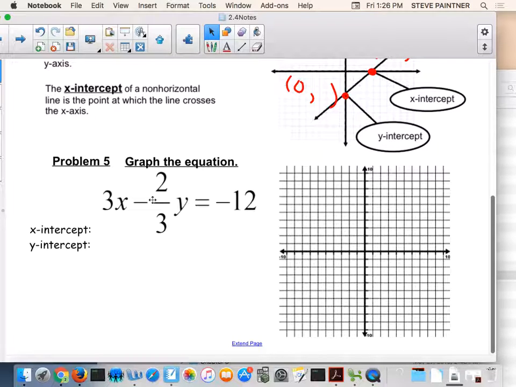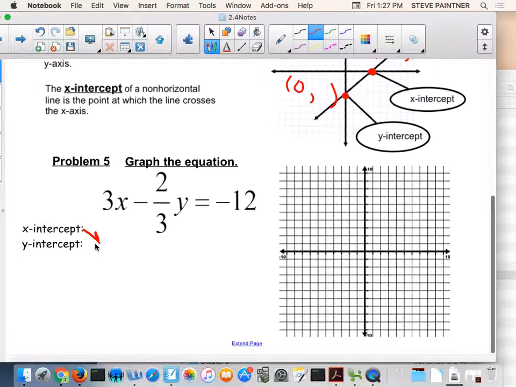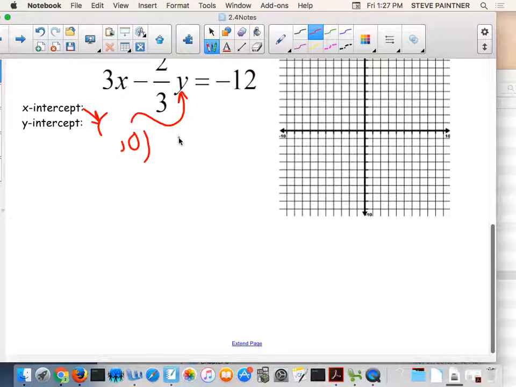But it says here x, y-intercept. So why don't we try that? So how do you get the x-intercept? You find x, but the x-intercept will always have 0 for y. Plug that 0 in for y, solve it for x, and you got the x-intercept. That's all you have to do. So if I did that, 3x minus 2/3 times what? 0. Equals,